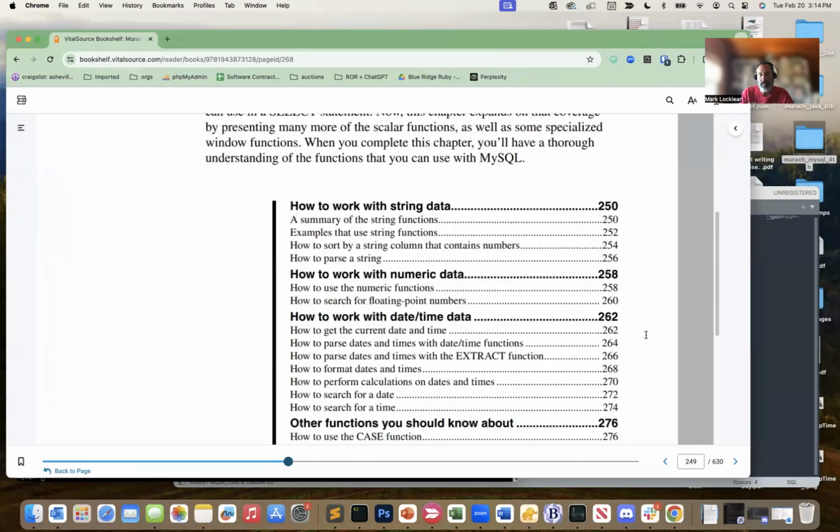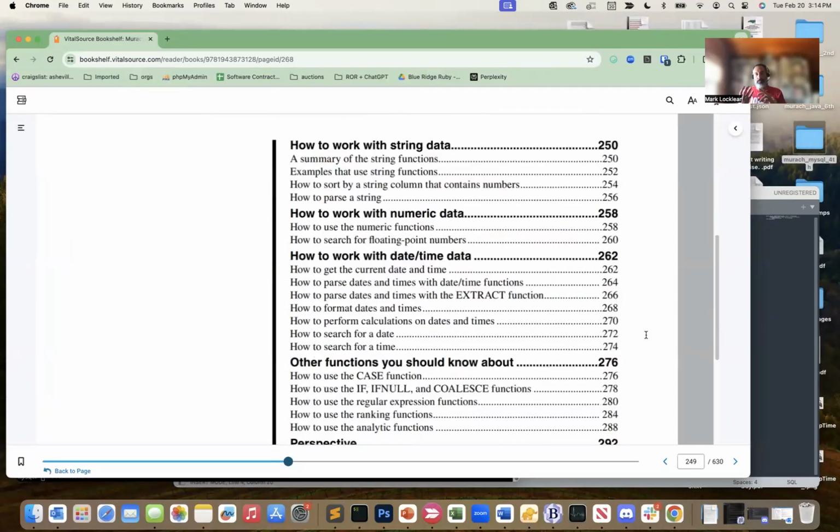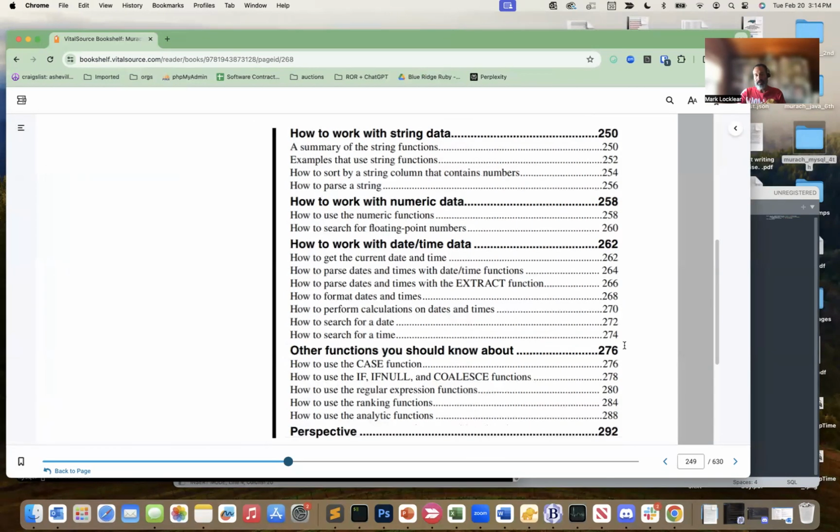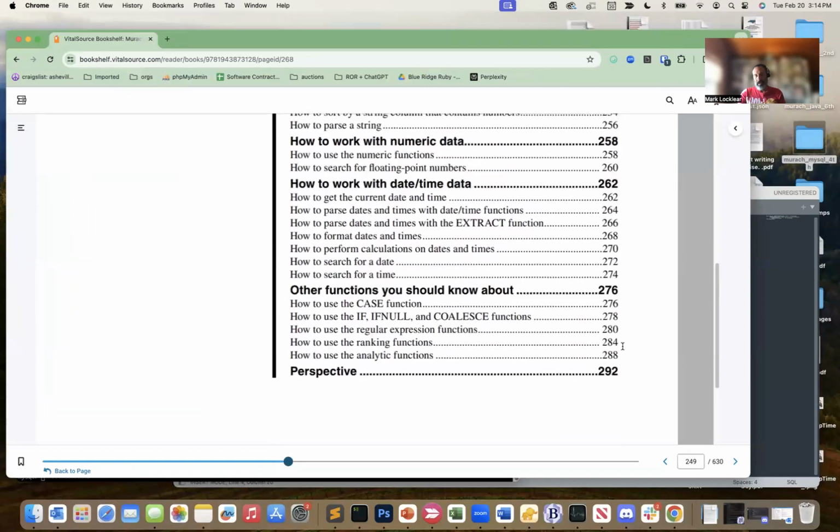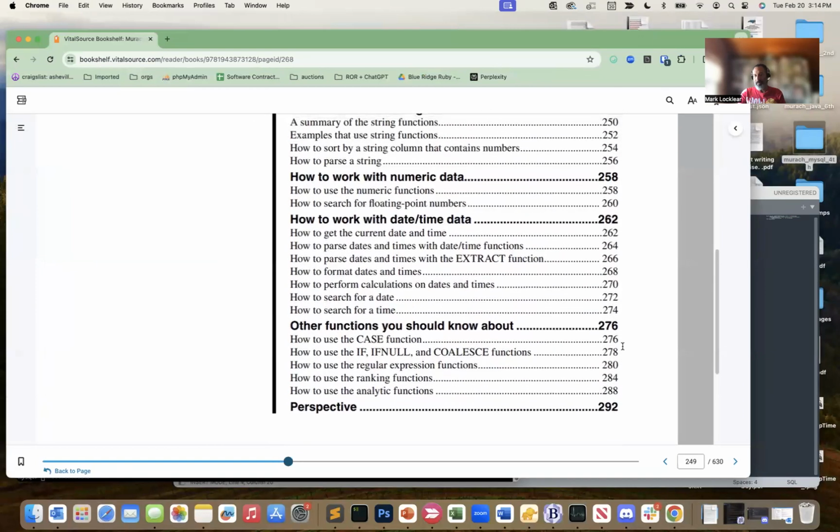So first off, how to use functions. This is going to walk through dealing with strings, dealing with numeric data, so numbers, dates and times. It covers if statements and then covers regular expressions toward the end. I'm going to skip the ranking and the analytic stuff. In my opinion, that's outside the scope of an intro MySQL class like this. But the other stuff is super